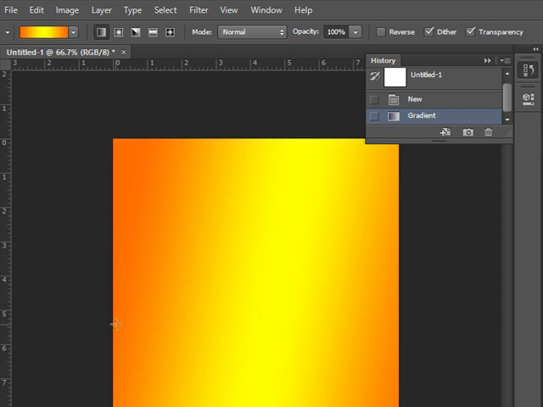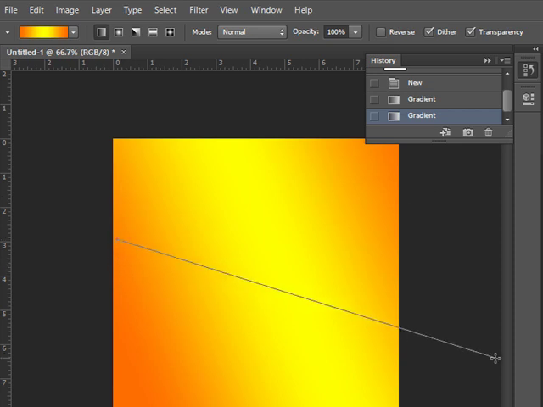The manner in which I drag, the gradient actually flows in that direction. That is the real rule of gradient. You know that gradient, the definition of gradient is it starts with one color and ends with another color. So the manner of dragging is very important here.